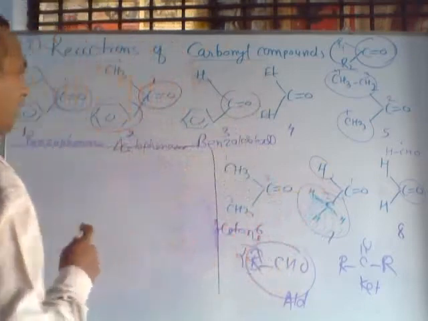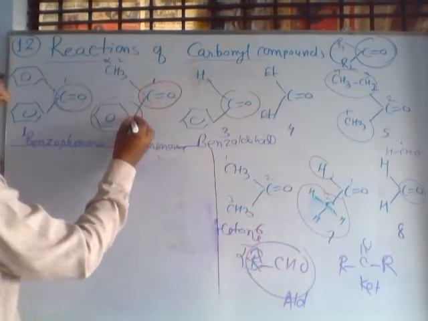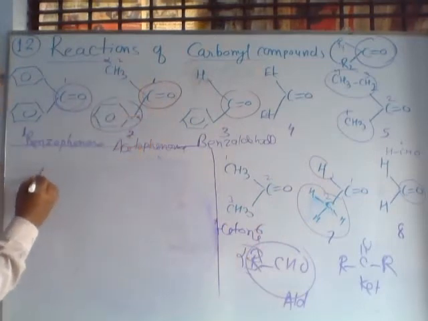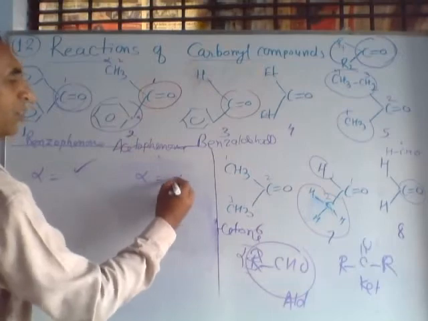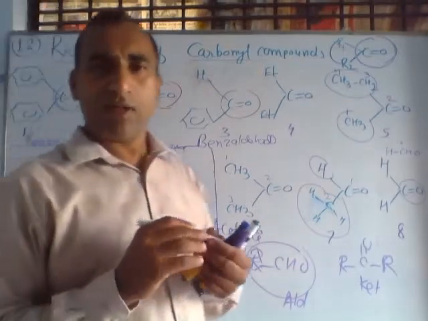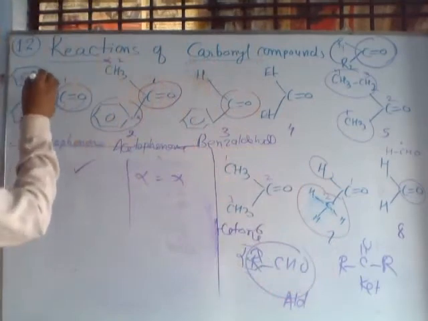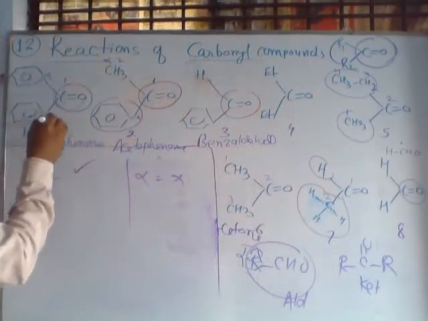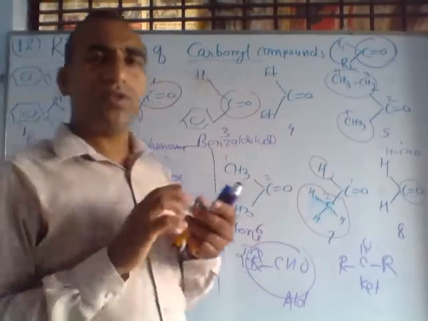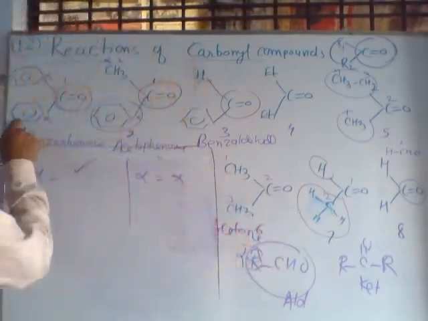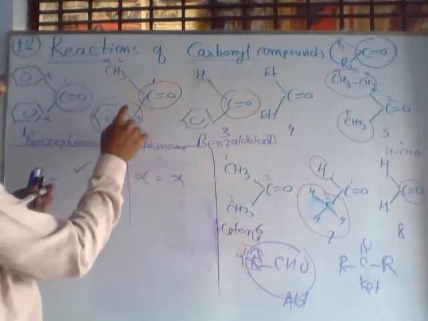Listen. Here this is the functional group, this is the alpha carbon, and here both carbons are alpha. So identify which compound has alpha carbon and which compound does not have alpha carbon. Can you guess? In this compound there are 2 alpha carbons, but on these carbons there is no hydrogen. So in this compound no alpha hydrogen is present. In this compound alpha hydrogen is present here, but absent here.